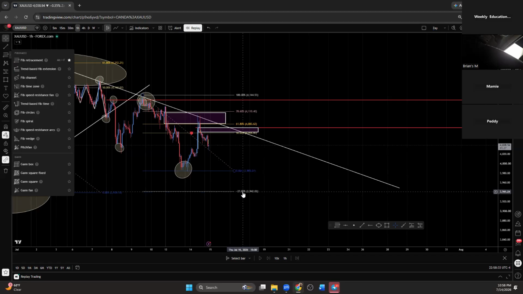That's it, minus 27%. You heard the queen speak. The 0% is first take profit. Second take profit is negative 27. Guys, the system is so easy. Your entry should be near the 61.8, your stop loss should be a little bit above the 78.6, and your take profits are the 0% or negative 27, right?